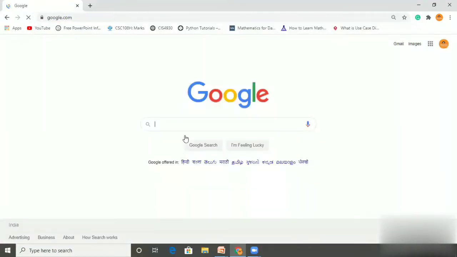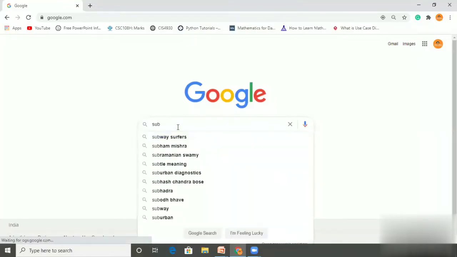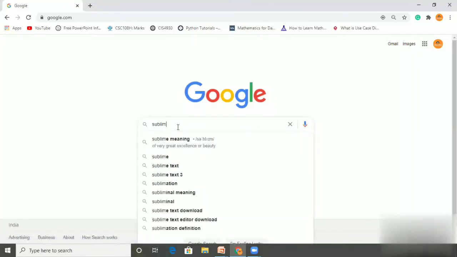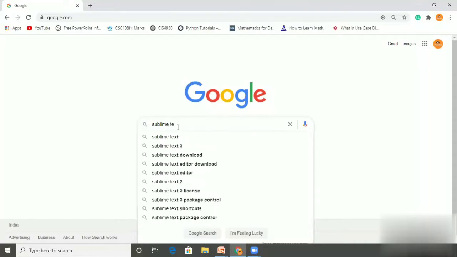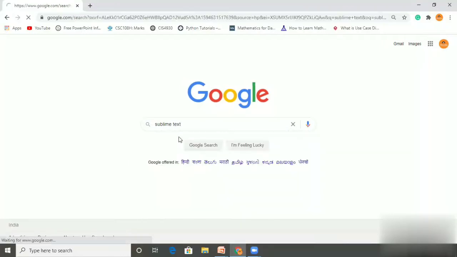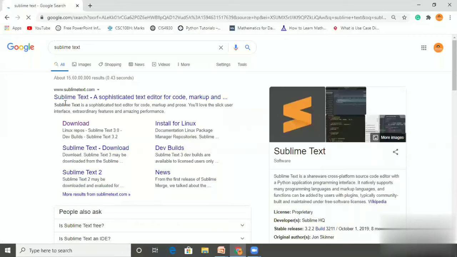Inside Google, just type Sublime Text. And the very first link you get here is www.sublimetext.com. And click on the download.